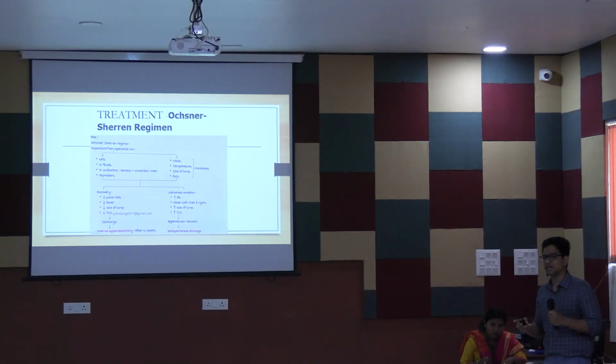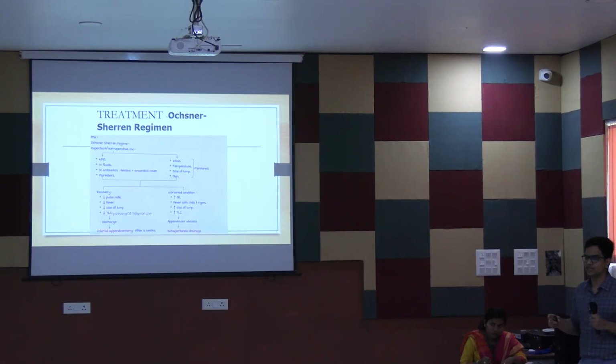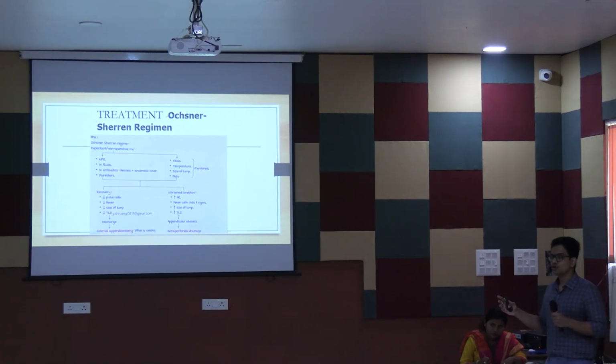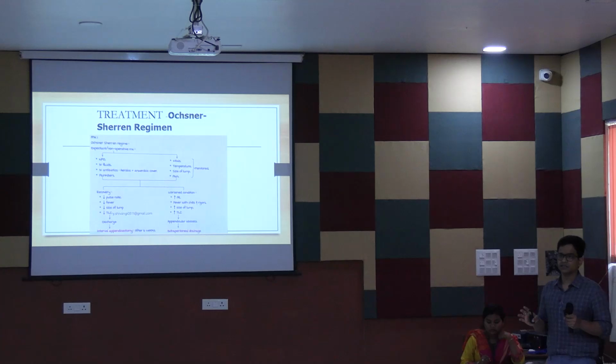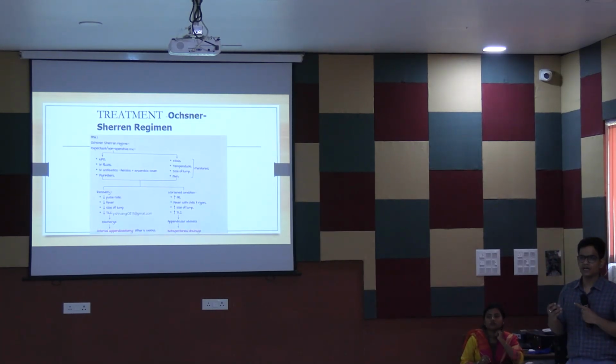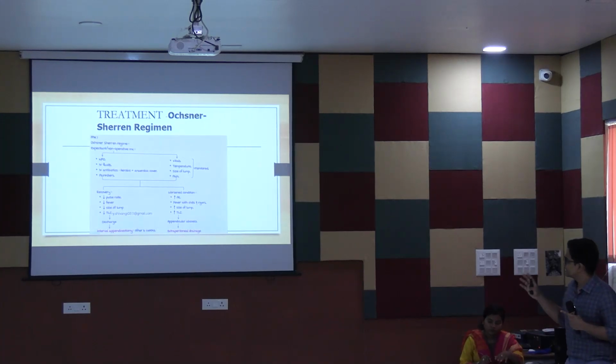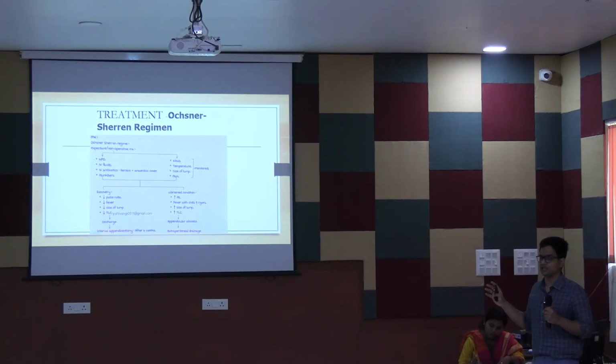You need to check the vitals, temperature, size of the lump and pain routinely to monitor the patient. Now after this, two things can happen. The patient can either go into recovery or the condition can worsen. In case the patient goes into recovery, you should discharge the patient and consider the patient for interval appendectomy, that is after 4 to 6 weeks. And if the patient's condition worsens, obviously you have to remove the nucleus of infection from the body so as to let the body heal. In that case, you have to go for extraperitoneal drainage.